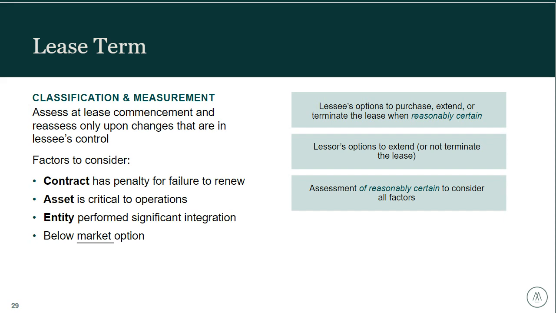And then another, and the contract will become evergreen. And so you have to sit there and assess what is my actual term under this contract. It's a really involved process that you have to look at and evaluate, including assets important to your operations,